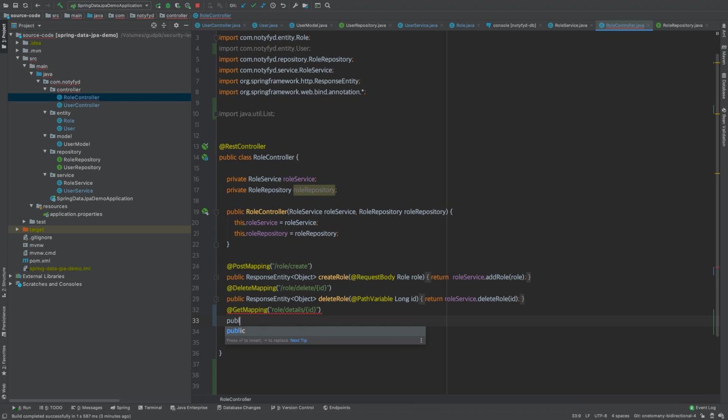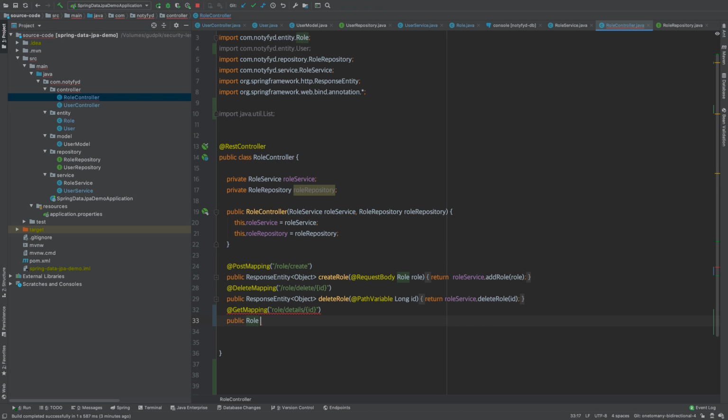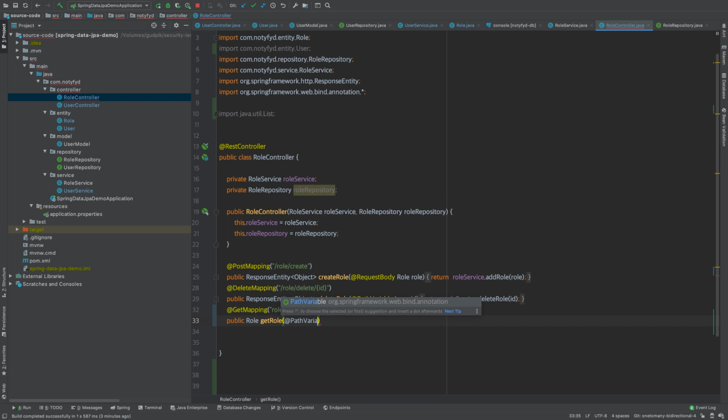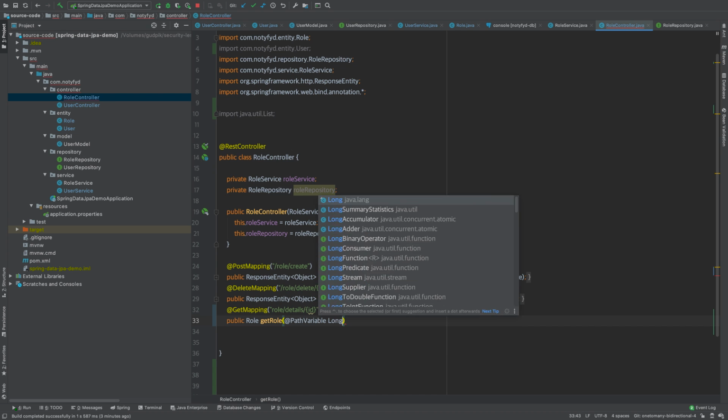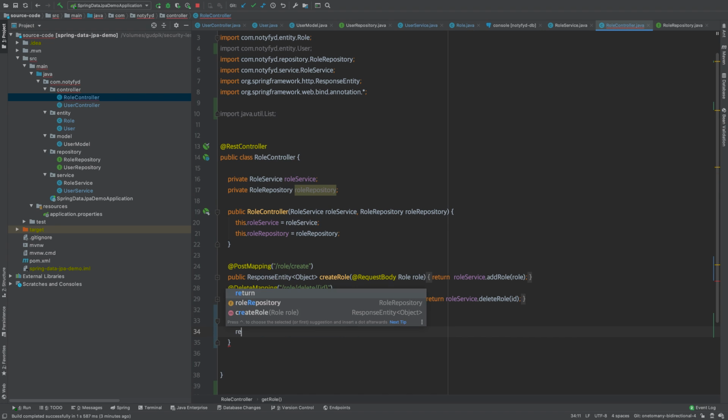Public, return type is Role. I'll use the @PathVariable, ID of type long. All I have to do is return roleRepository dot